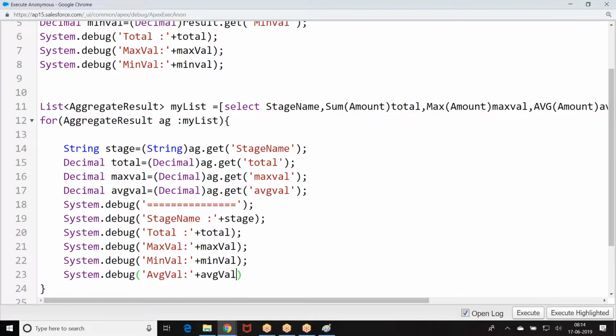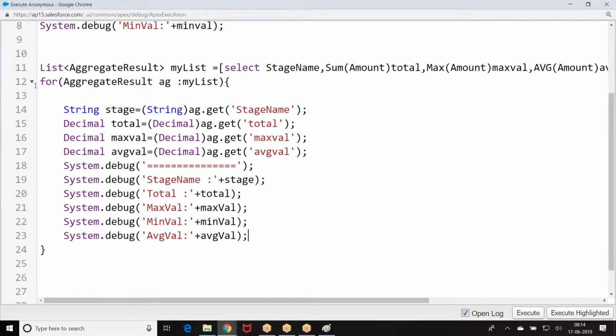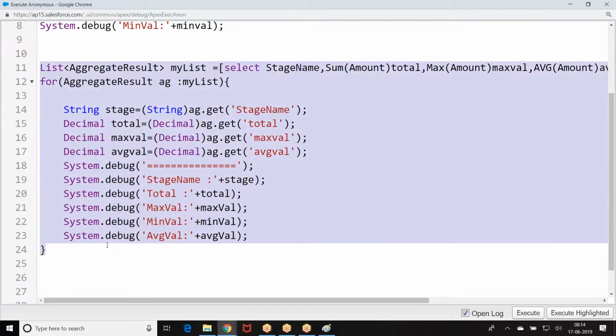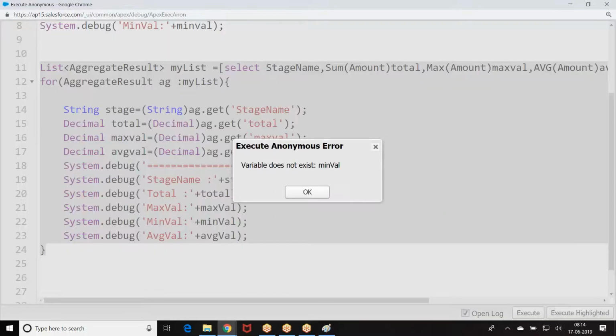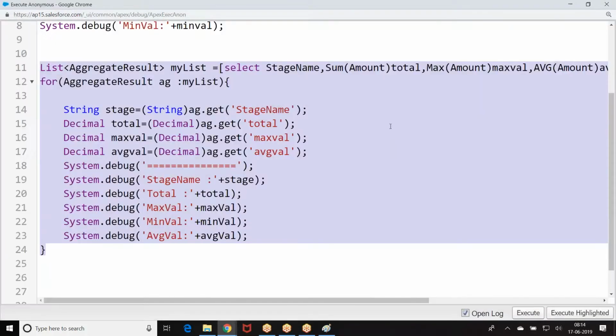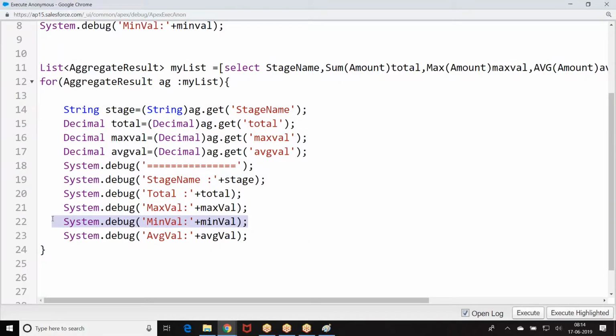This is how we got it. Then run it. What was that? I didn't write any min value, right?